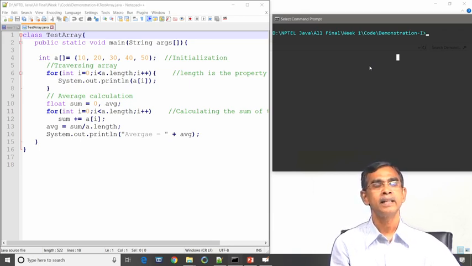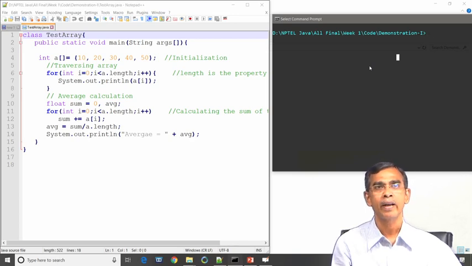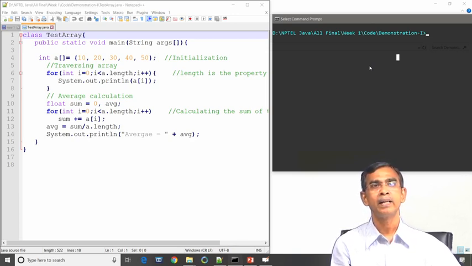Now, next we have declared an array of type integer. So, int a within square brackets, and then initialization, memory allocation, and declaration, all three things have been done together. So, this is the statement int a array symbol equals, then within curly brackets 10, 20, 30, 40, 50. That means the array a is of size 5 and this array contains 5 elements which are stored in a[0] location 10, a[1] location 20, a[2] location 30, a[3] location 40 and a[4] location 50.